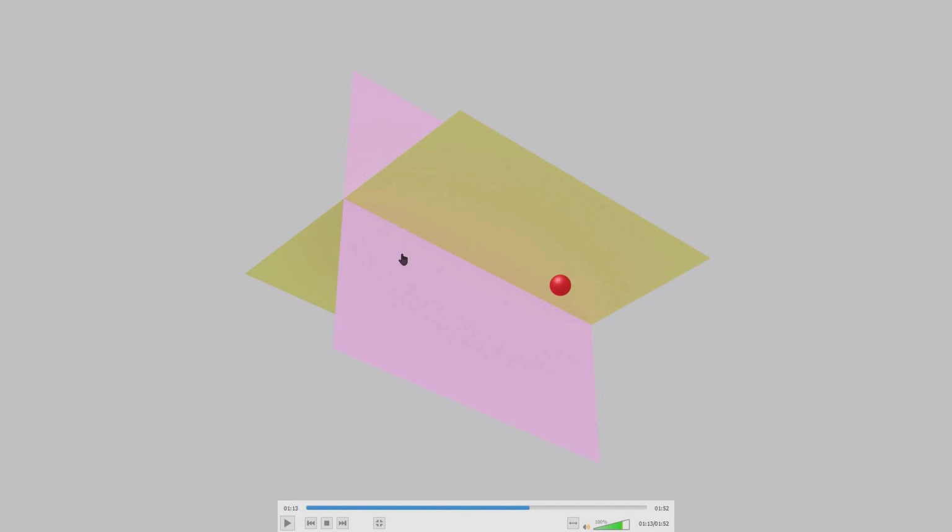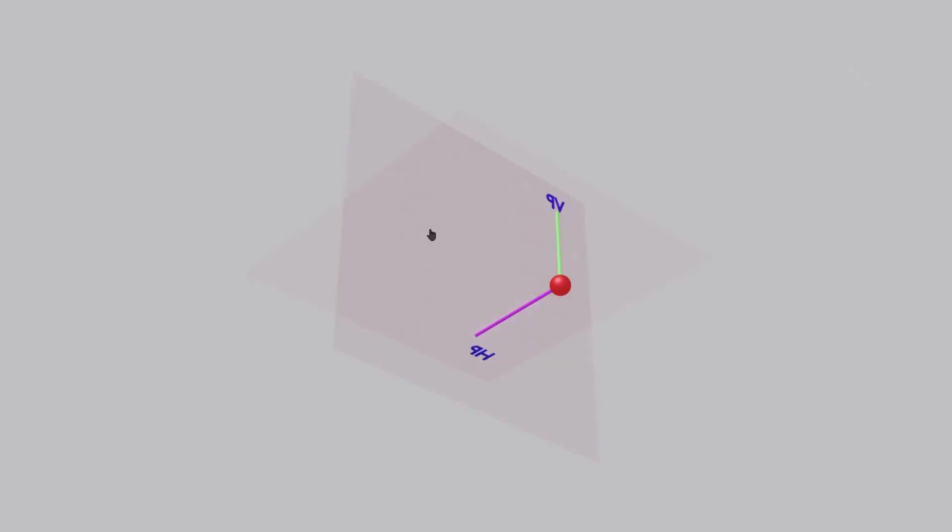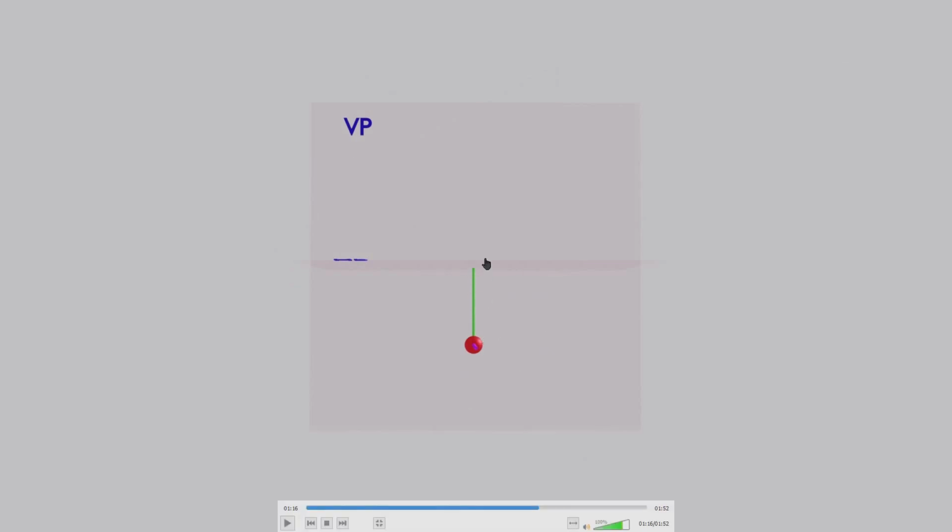In order to do that, we'll remove these normal conventional planes and keep some glass planes. So I have removed the regular planes and kept two glass planes in order to view the front view and the top view. Let us view each. This is the front view. In the front view, you can see the green line, which is the distance from the horizontal plane to the object, the green line and the object. This is when you look from the front, this is what you see. This is how you see the object.